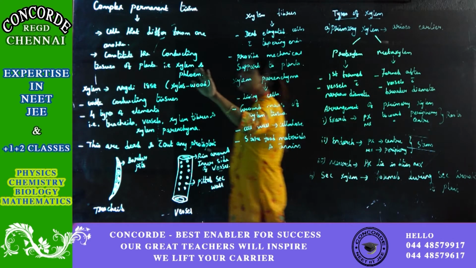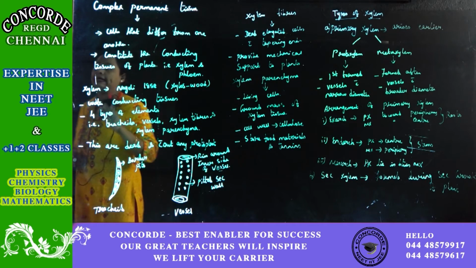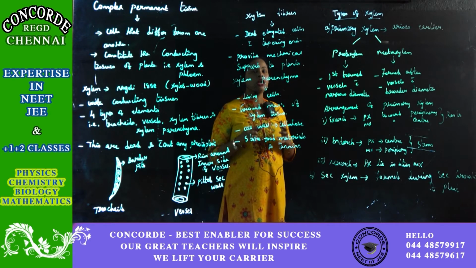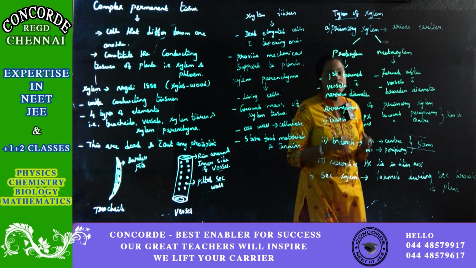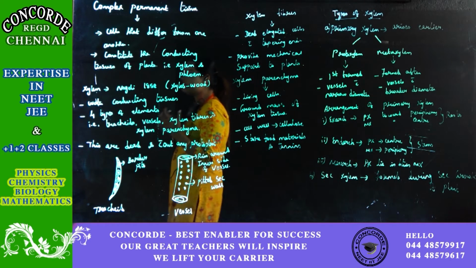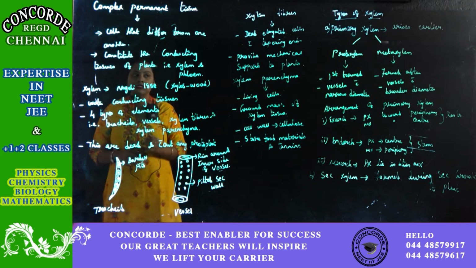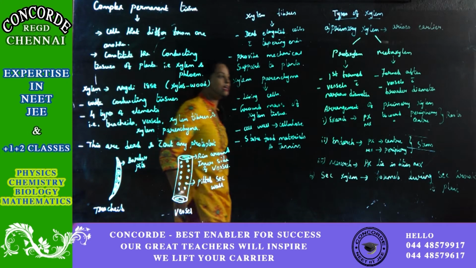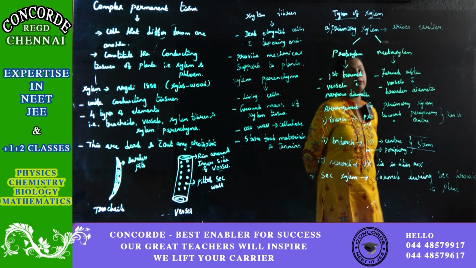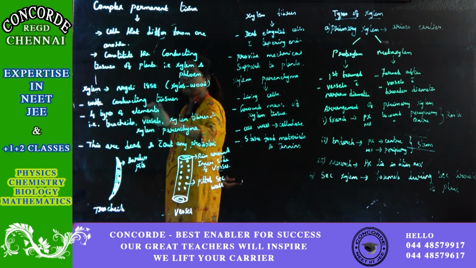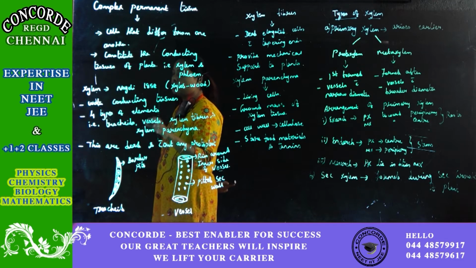First we will concentrate on the xylem. What is called a xylem? In Latin, xylos means wood. So this kind of tissue, which is present in the wooden part of the trees, is called the xylem, and it was discovered by a person called Nageli in 1858. And what is the function of xylem? Xylem carries water, so it is also called water conducting tissue.